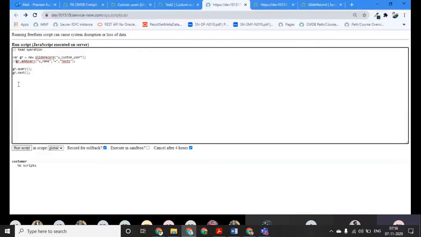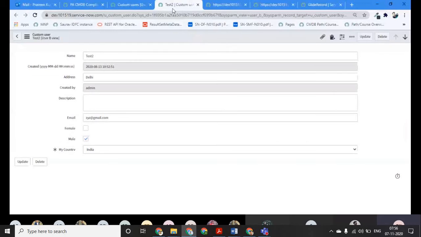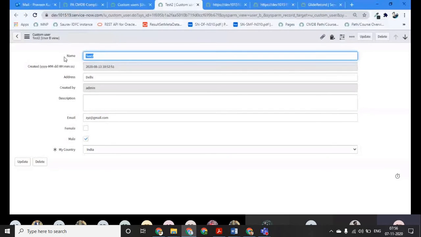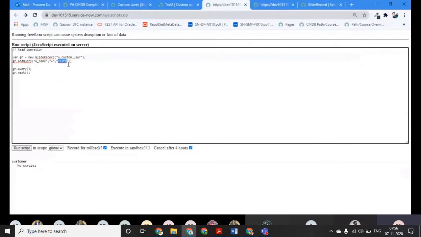Now we run an addQuery to identify that particular record. I want to update the test2 record, so I will copy test2 here. For the equal part, I don't need to give any operator. u_name and test2. Now we do gr.query and gr.next.